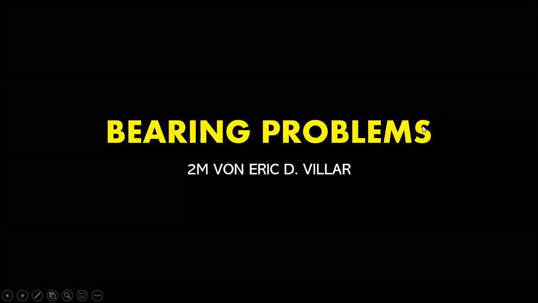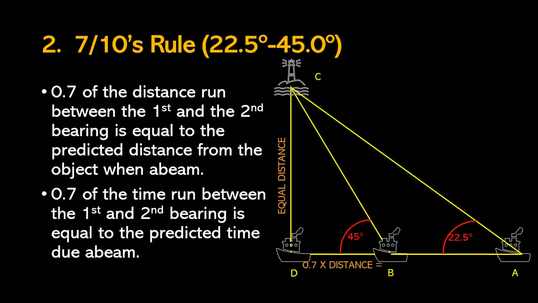Okay, class, let's go on to our next rule under double the angle. So which is the 7/10's rule, covered 22.5 degrees to 45 degrees. So ano ba sinasabi dito sa 7/10's rule? So 0.7 of the distance run between the first and the second bearing is equal to the predicted distance from